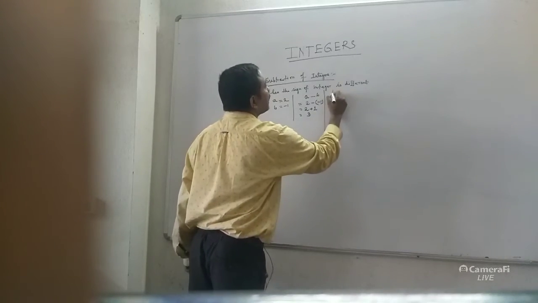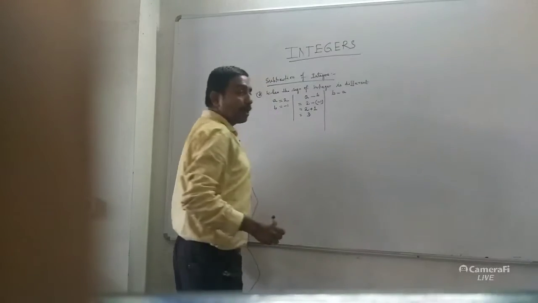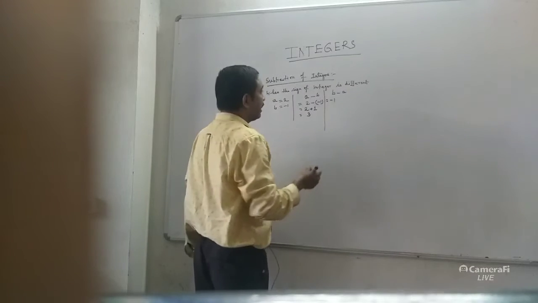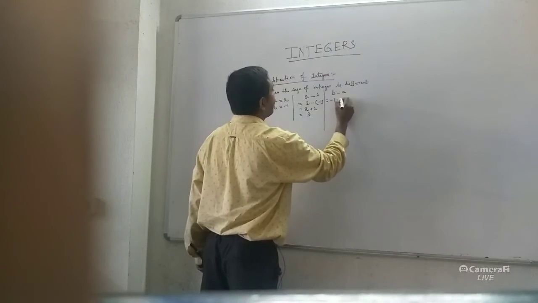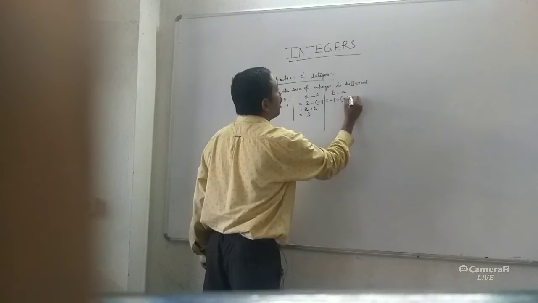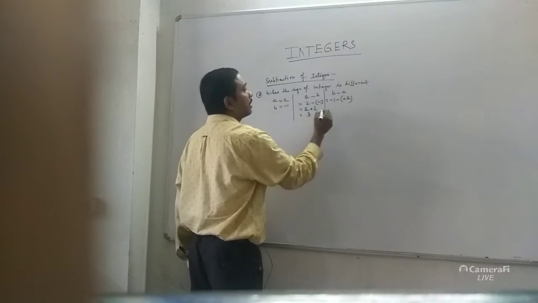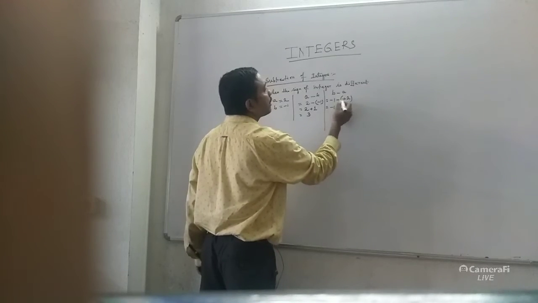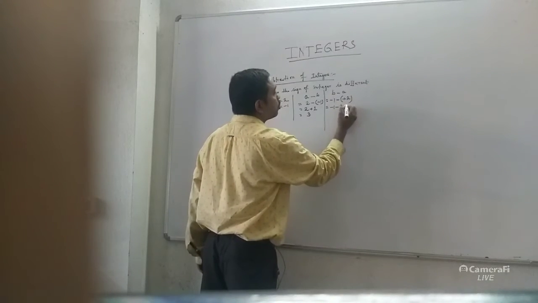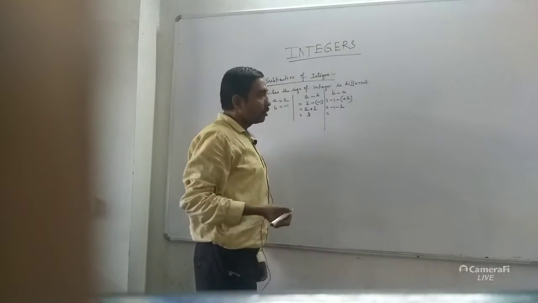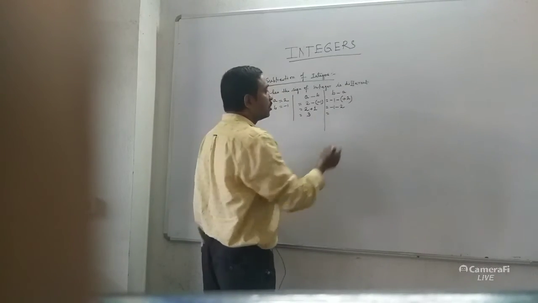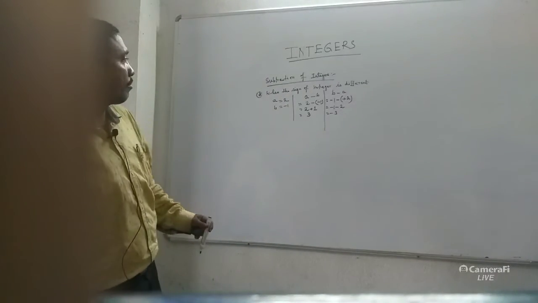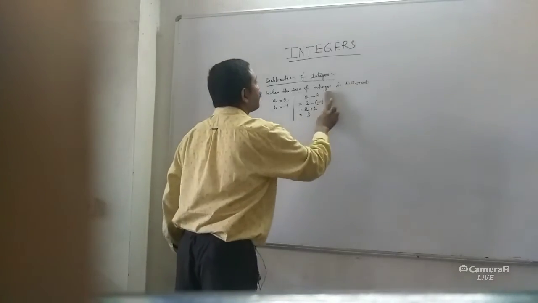Suppose you find b minus a. So how do you find it? Write b equal to minus 1, minus a. What is the value of a? Plus 2. Having no sign means plus sign. So 2 has a plus sign. So minus 1 minus a, plus 2. Here also you do the multiplication: minus 1 minus 2. Now here you do the addition, because both have the same sign. So 2 plus 1 is 3, minus 3. In this way you do the subtraction.